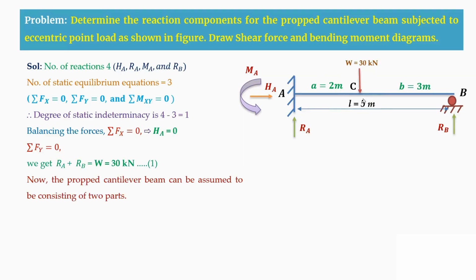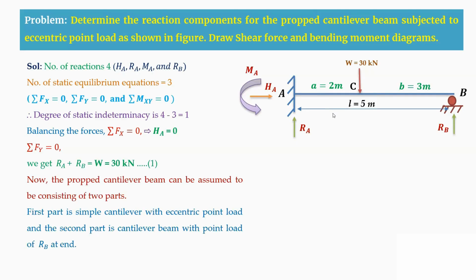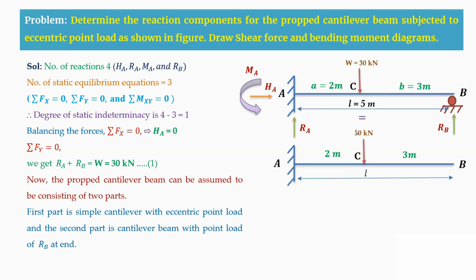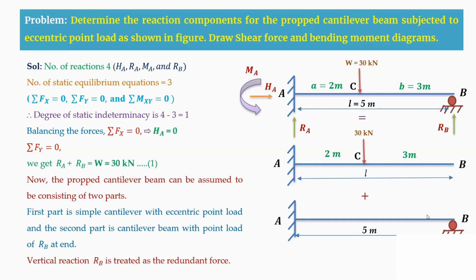Before analyzing this propped cantilever beam, I am assuming the beam to consist of 2 parts. The first part is a simple cantilever beam with an eccentric point load. The second part is a cantilever beam with a point load at the B support, that is RB at this end. This RB is considered a vertical reaction and is treated as a redundant force. Before solving for this RB force, in the next slide we will see